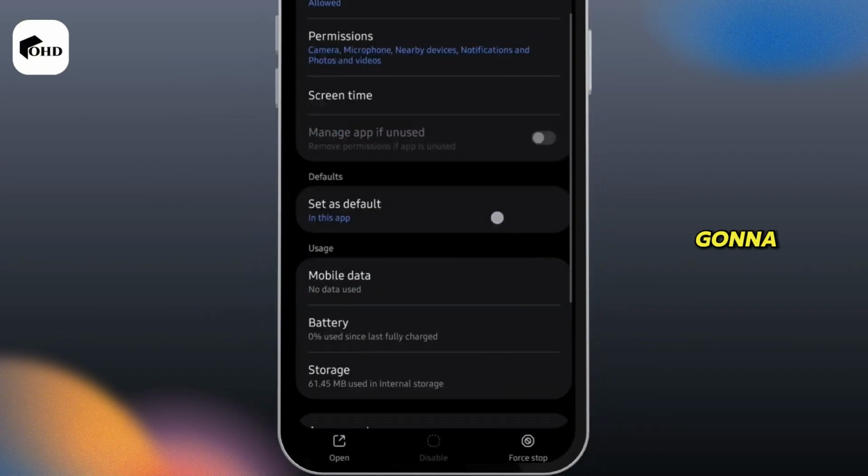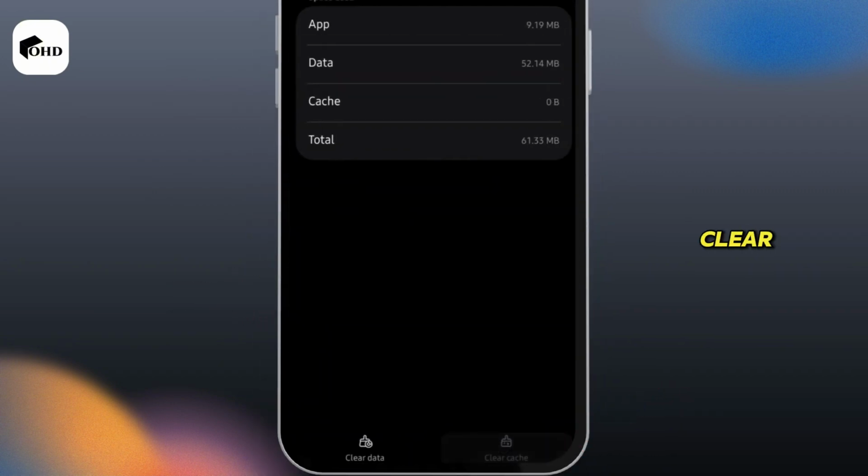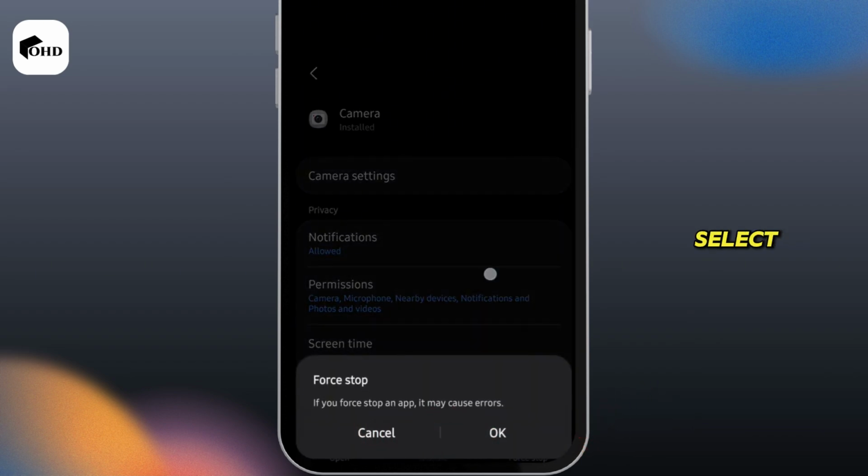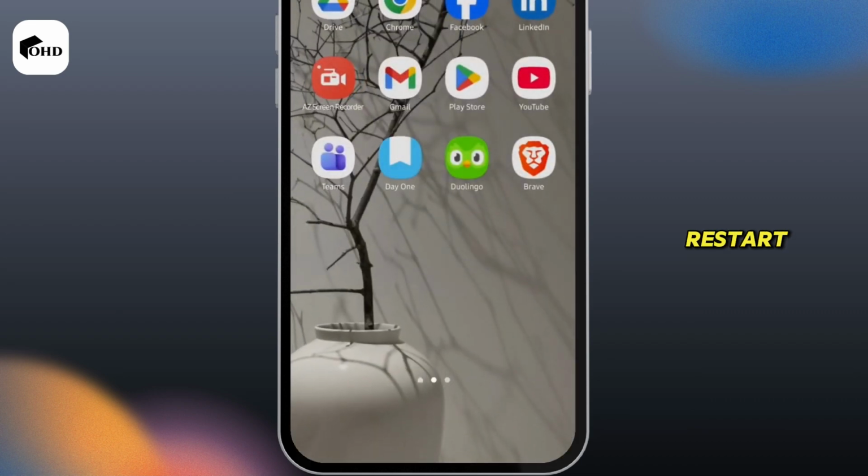Now once done, you're going to have to select storage and clear the cache. Let's go ahead, select force stop. This is a temporary action. Select OK. Now go ahead, restart your device, launch your camera, try again, and it will fix the